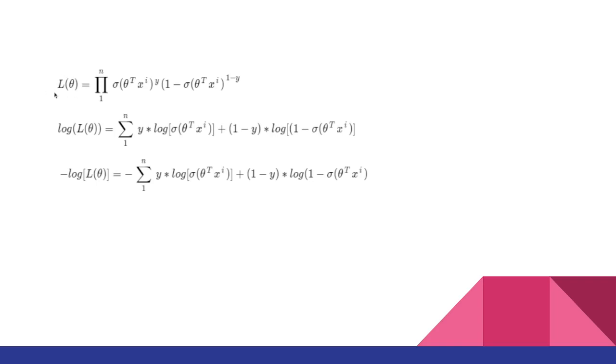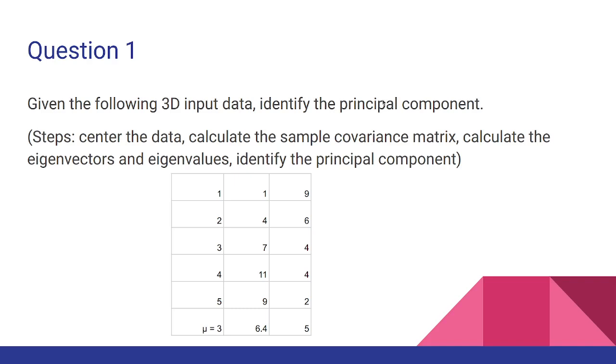So this is basically, if we want to find a likelihood, this is the formula. This is the prediction, sigma of theta transpose xi. So this is basically the prediction to the power y, and 1 minus the prediction, like the logistic regression model, to the power 1 minus y, and this is just the log likelihood. If you need those in assignments, you can use those, but I hope this first equation will be sufficient. I'll come to the first question later, because this is about the PCA,